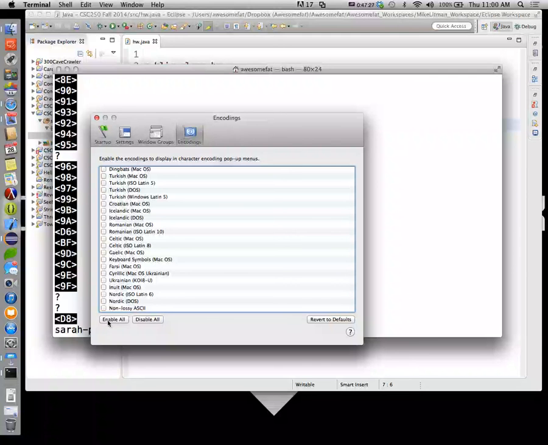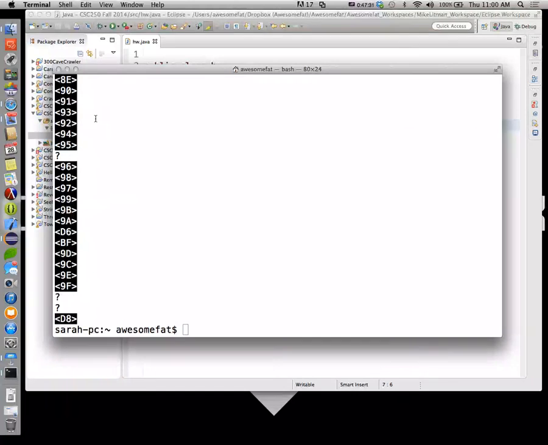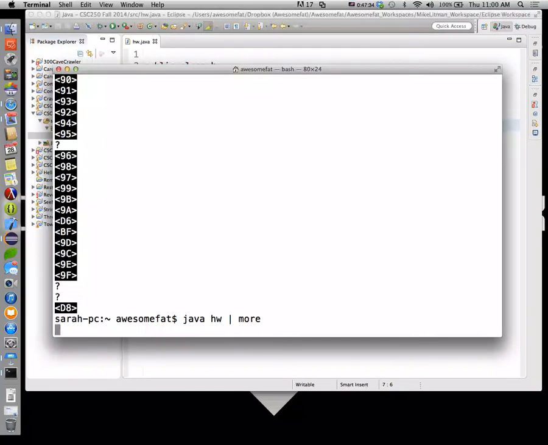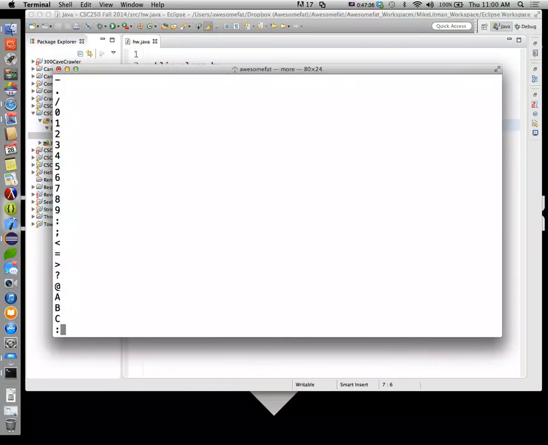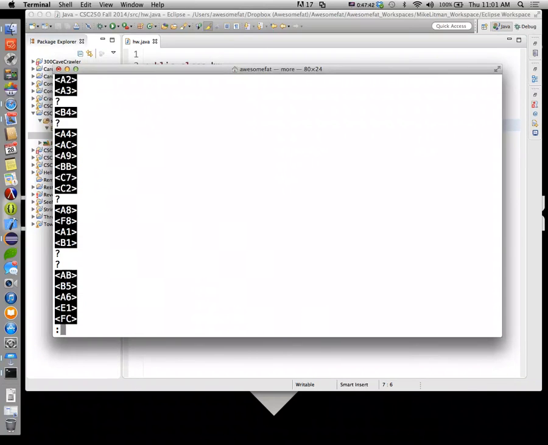Oh, non-lossy ASCII. Here, let's just enable all. That's bound to be a catch-all, right? Have to reset it, maybe? You have to compile again.